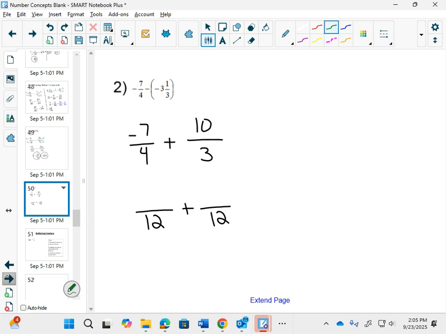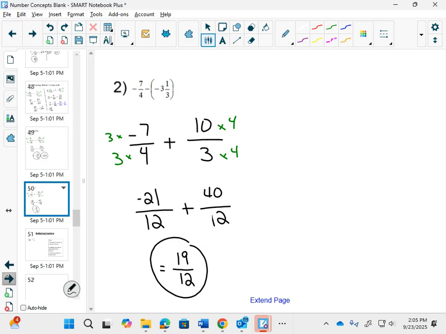I would clear this. If I multiply by 3, multiply by 3. Multiply by 4, multiply by 4. Good. Negative 21 plus 40. Now this is just, what number can you put this